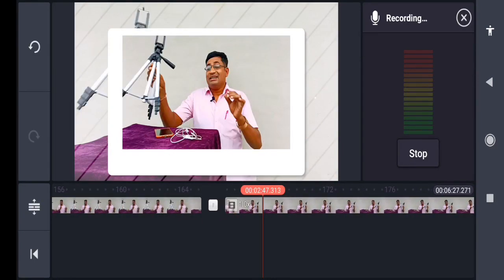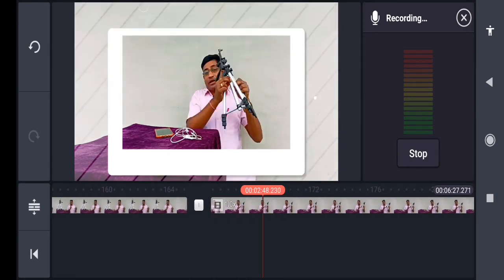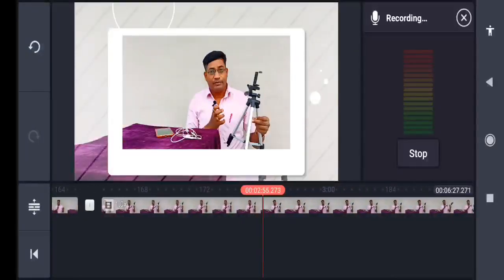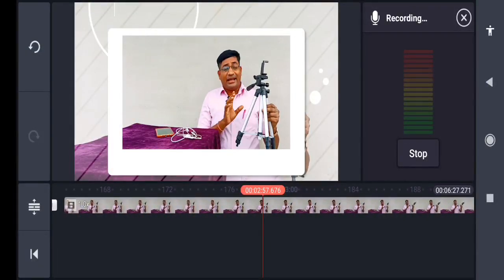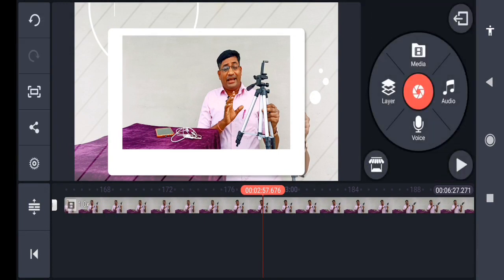But you can easily find out what happens when you use this button in KineMaster, because the audio source is used by my collar mic, and hence it will give the message of a too short audio clip, and this will not appear. Okay, so this is the way you can use your own audio. Okay dear friends, that is the way you can use the media layer audio and voice.